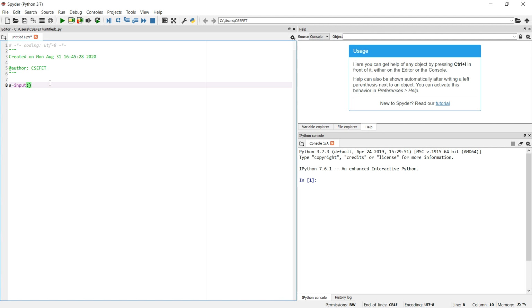Now when we speak more about this input function, we can use this input function also to give an output, also to print a statement in the output screen, so that we come to know what we have to enter. For example, within this input we can write any message which we want to print, so that we come to know what type of value we want to enter. For example, I write enter your name, and as soon as I run this program, let's run this program.